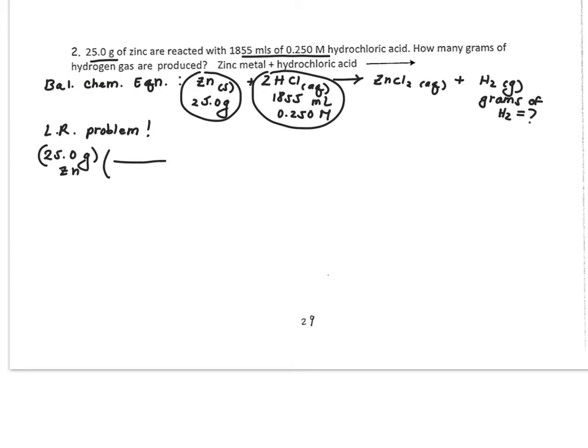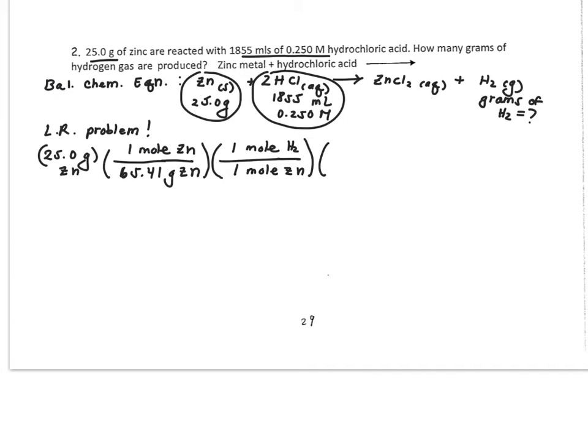So we're going to convert that to moles using the molar mass of zinc. And if we look at our mole to mole ratio between zinc and hydrogen gas, it's a 1-to-1 mole ratio. And we want to find the grams in the end. You can compare moles to determine the limiting reactant, but let's end with grams to make it easier for us